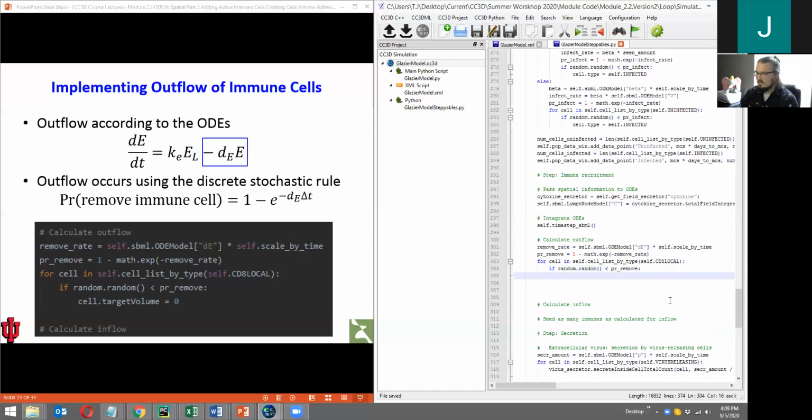In our block, make sure you have an indentation in the next line. If our cell is removed,